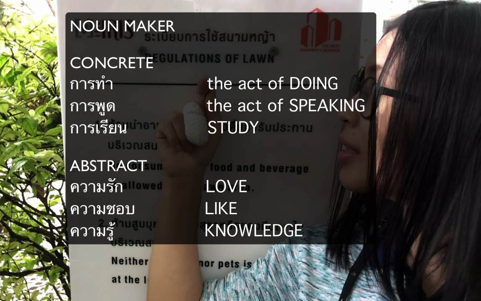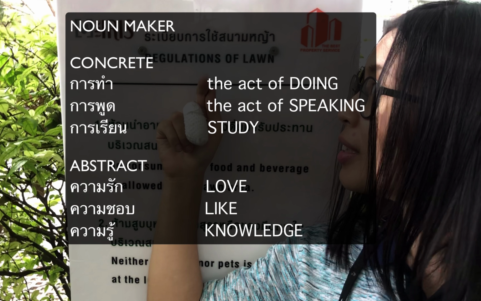การทำ ทำ is to do. The act of doing is การทำ การพูด speaking, to speak. The act of speaking is การพูด การเรียน study. The act of studying, right? So these are concrete stuff that you can turn into a noun simply by putting การ